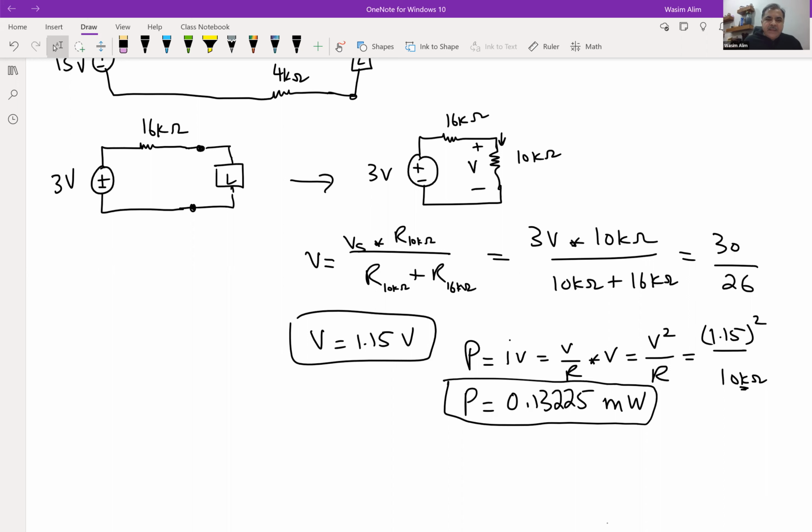But again, as I mentioned before, it shouldn't hold you from using any other technique like current division, voltage division, node voltage analysis, mesh current analysis. But I personally prefer this technique here. So again, that's just up to your choice. Whatever you feel comfortable with, you can go through that process. So this pretty much are all the examples I wanted to show you